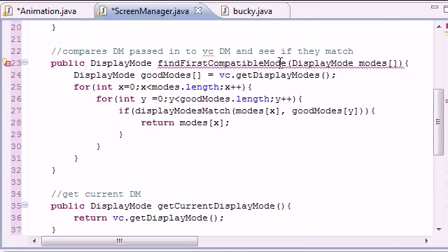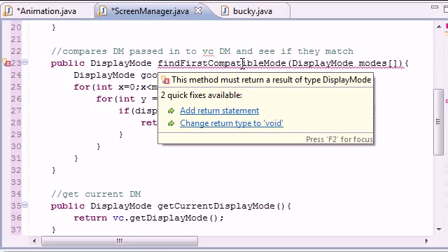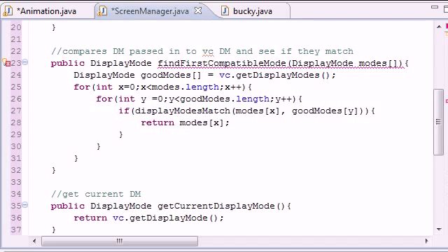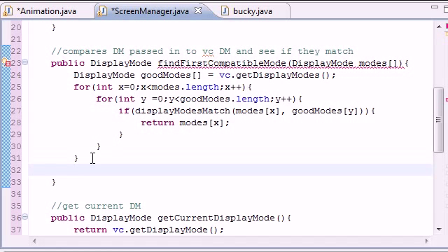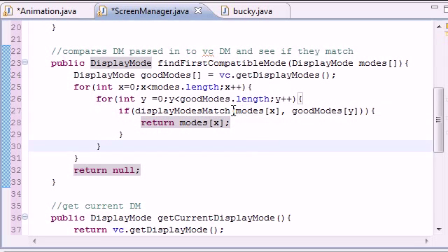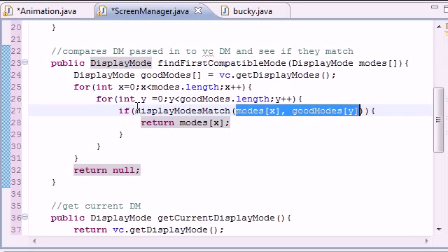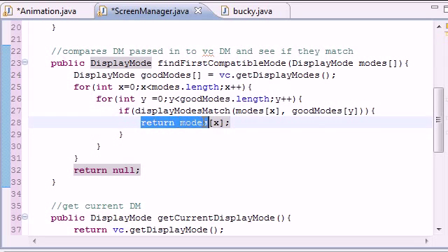And now in this method right here, find first compatible mode, or excuse me, not that one. Why is this underlined? Oh, I know what I did wrong, because it's gonna do all this for a check, and let me make sure where to put that. Return null. Good thing we have that. So now what this does is display modes match. It's gonna take 2 modes right here, and whenever these 2 modes match, then this whole function is going to be true. So it's going to say, alright, if true, run this bit of code,